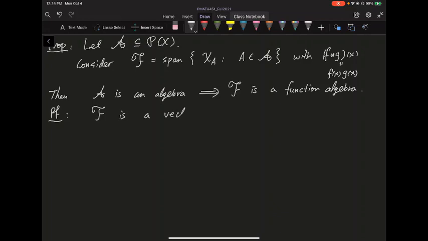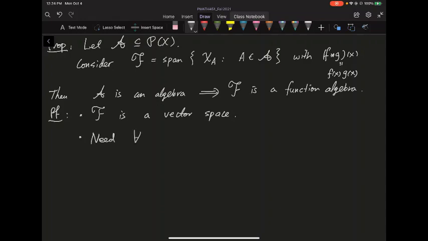This is a vector space, right? Because you're basically doing the span, and span is a vector space. So you really just need to show this is a function algebra. Basically, you have a multiplication map. In other words, you need to show that